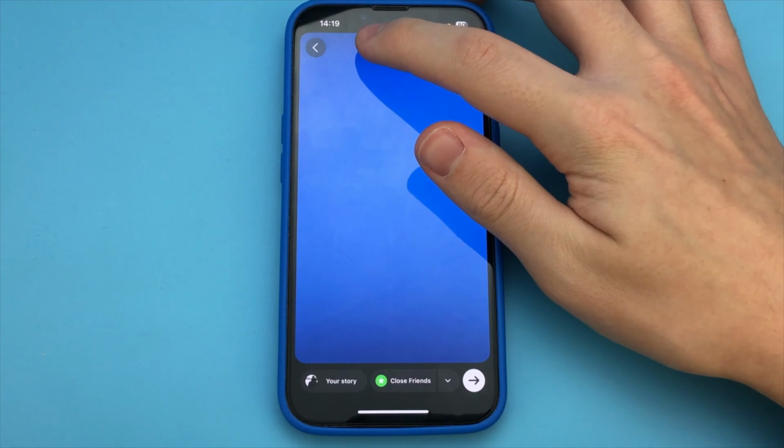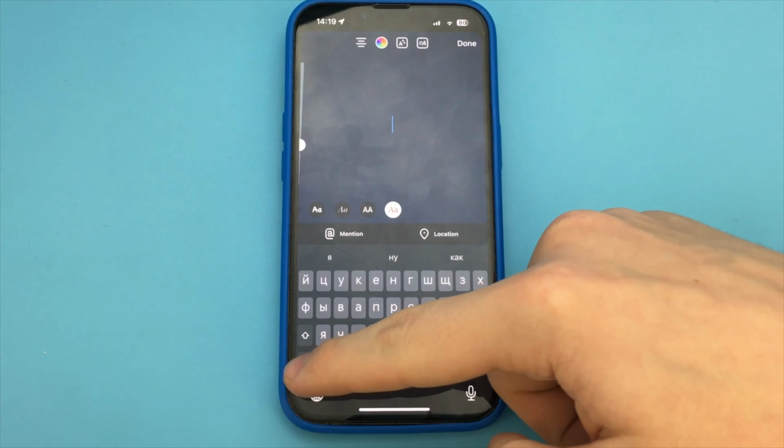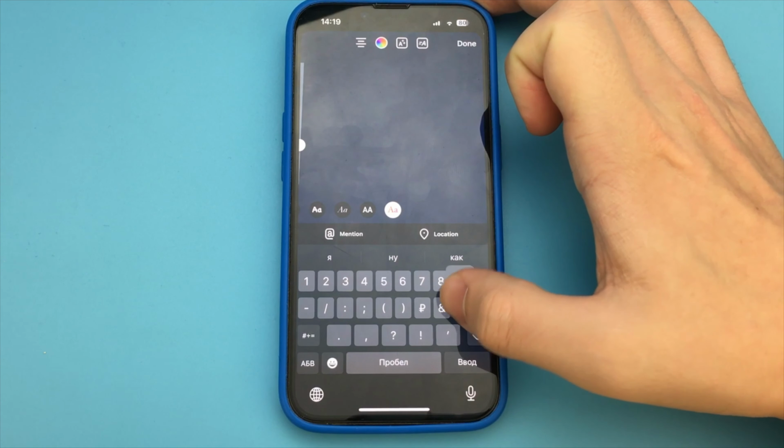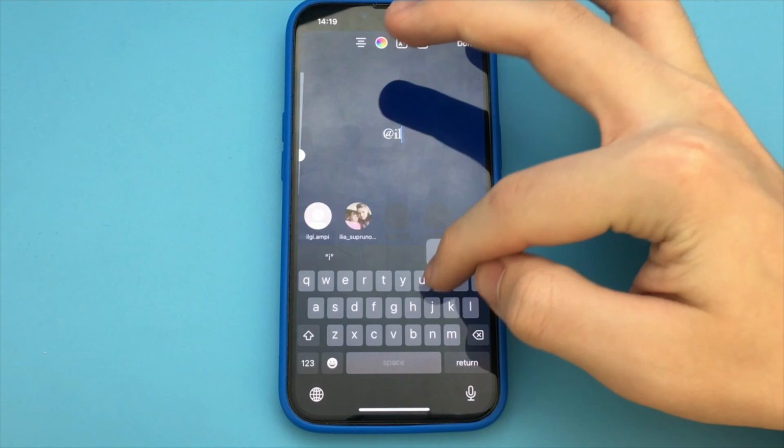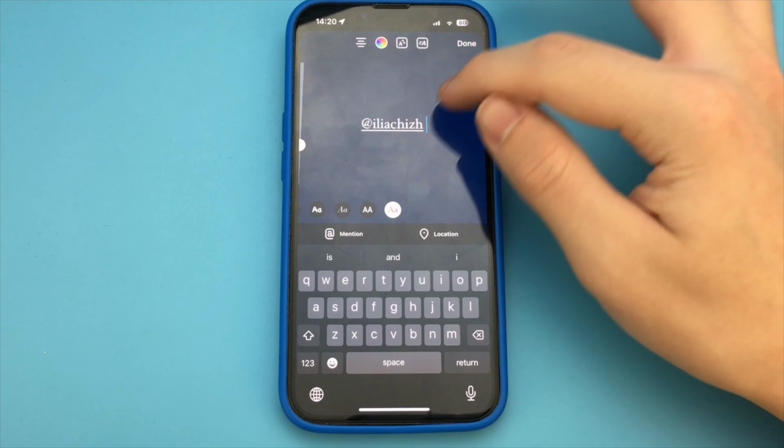Or you can do it a little bit differently. You can press Add, and attach to it the name of the profile you want. In this way, you also mark someone else's profile. And through this link to him, you can click and go to view his account.